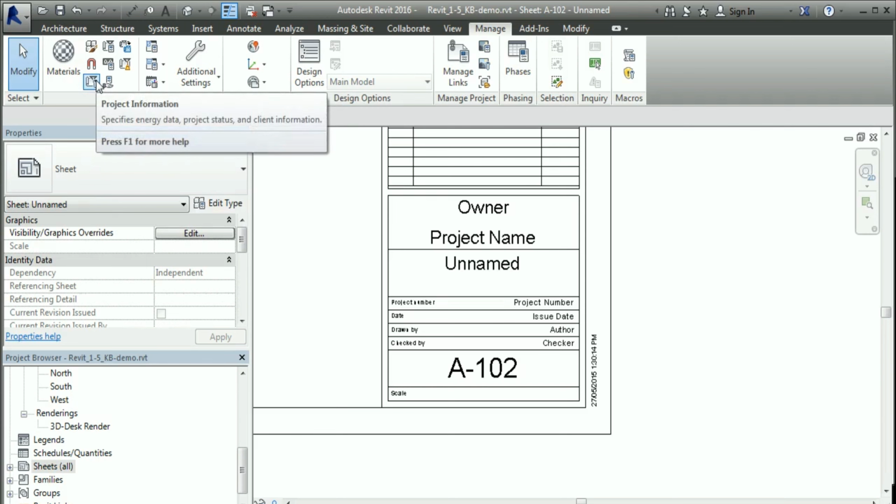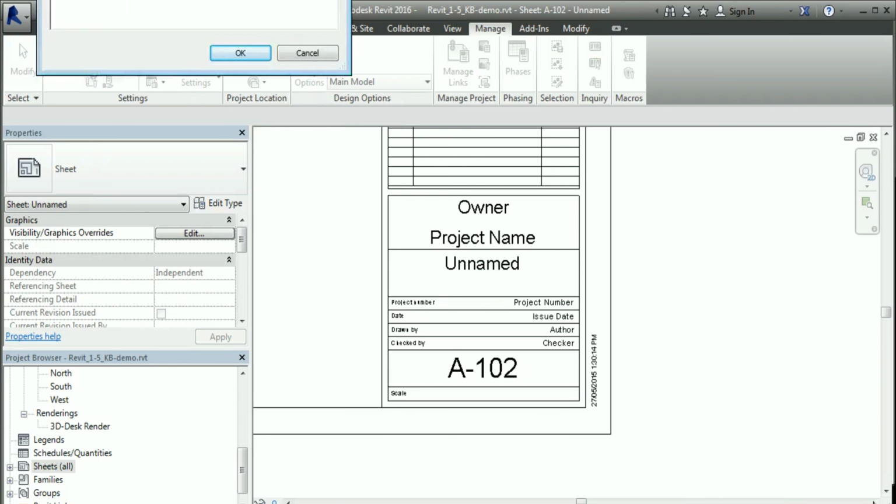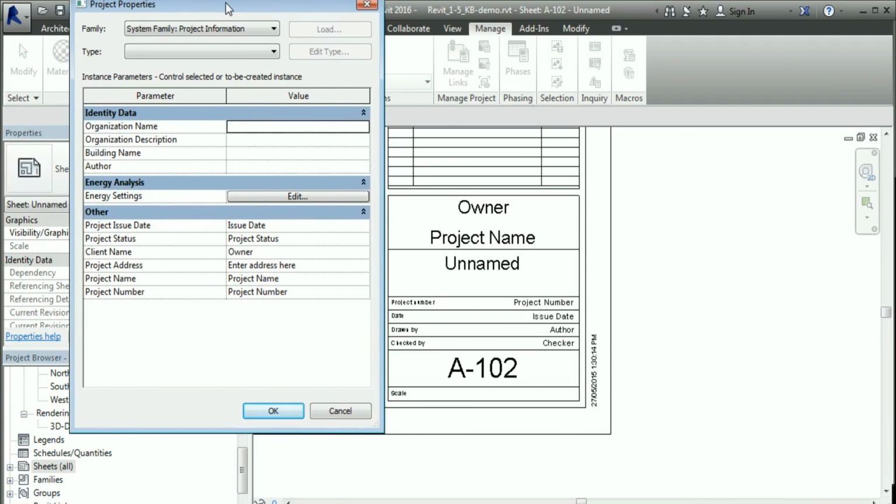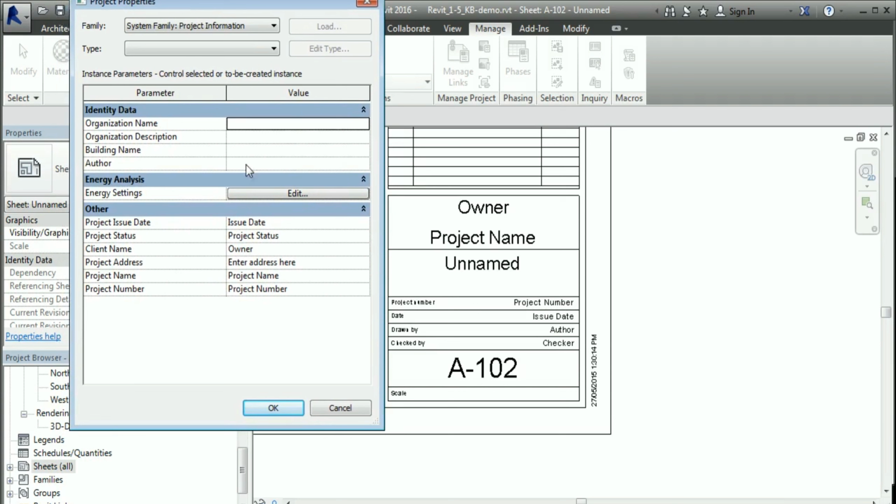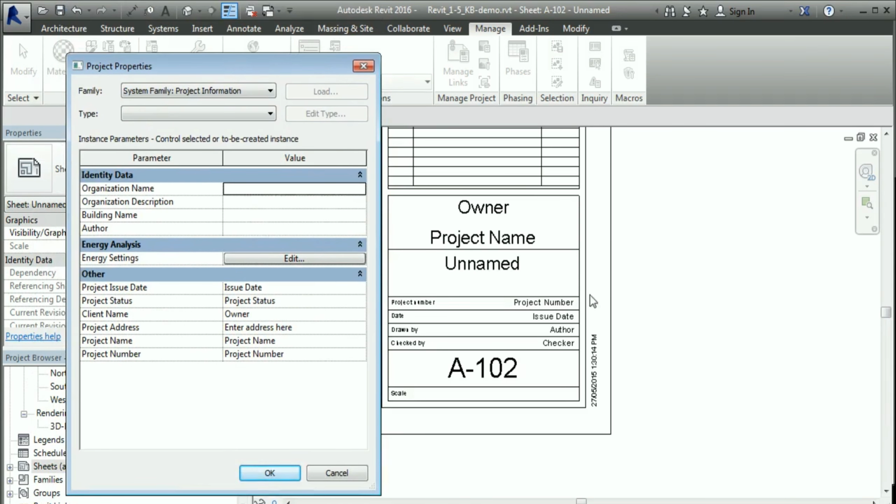If I choose Project Information, and I pull this down here, you can see that there are a number of fields that we can fill out that will correspond to the fields in the title block. So we have a client name that says owner, and over here we have a field that says owner. If I change this client name to